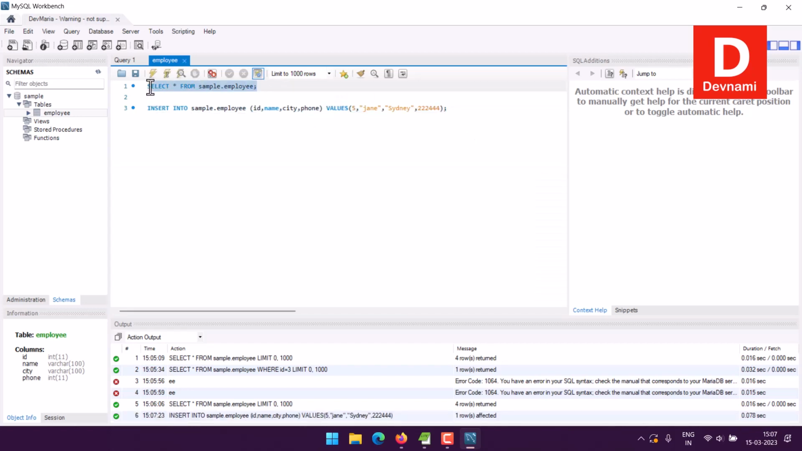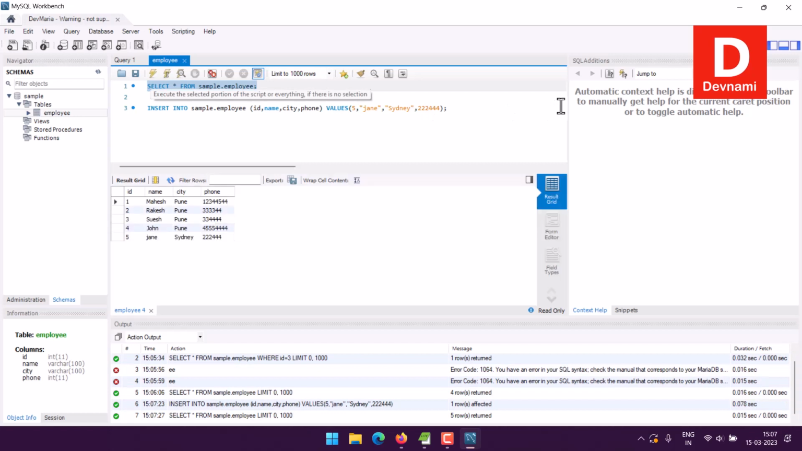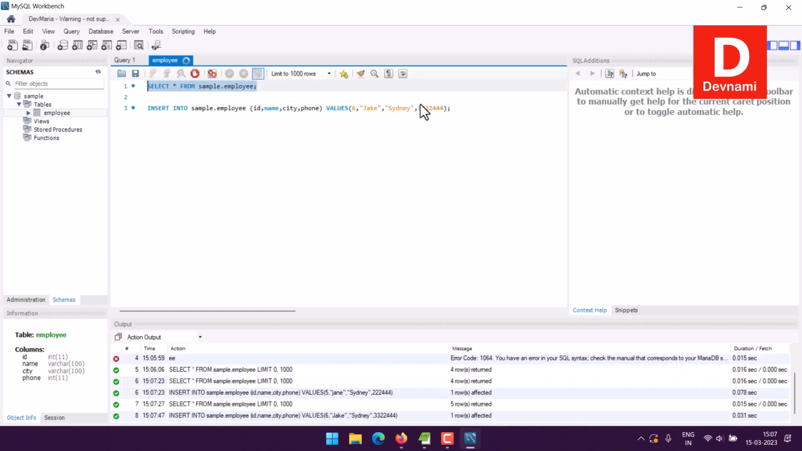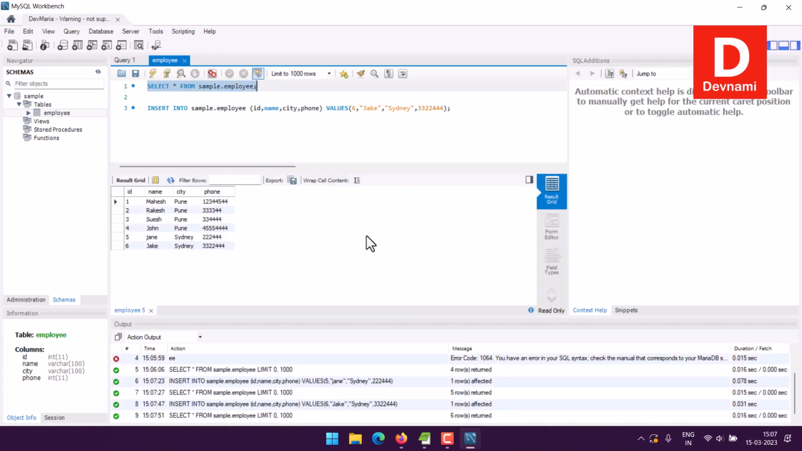Now let me go over here and let's see, our 5th entry is in. So let's add one more entry which makes it like 6. Let's say, then we modify few digits, then run the entry again. So we have like 6 rows within our table,